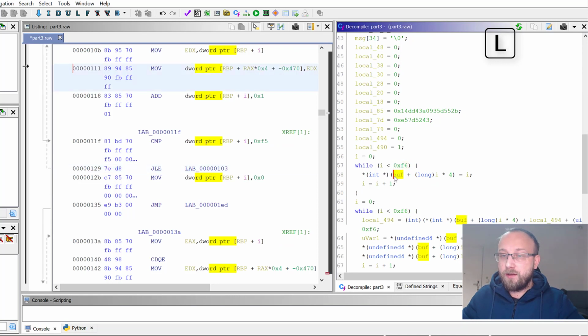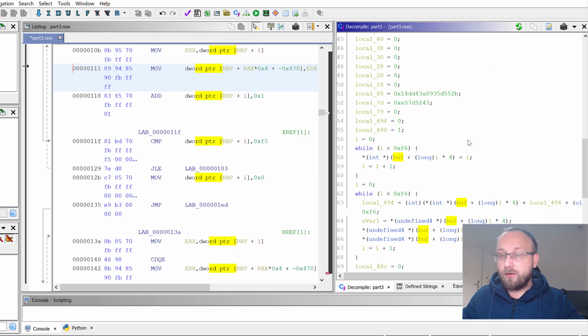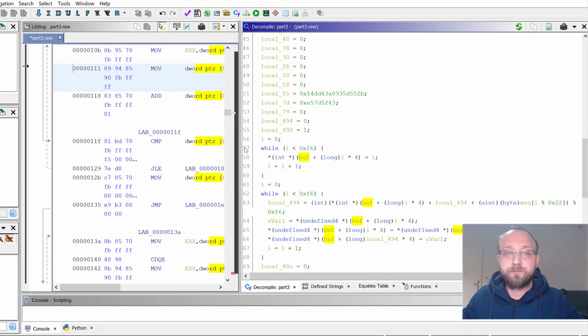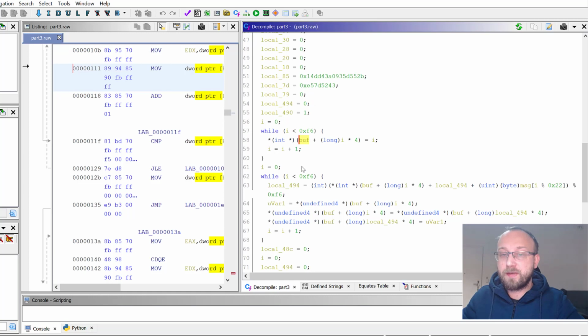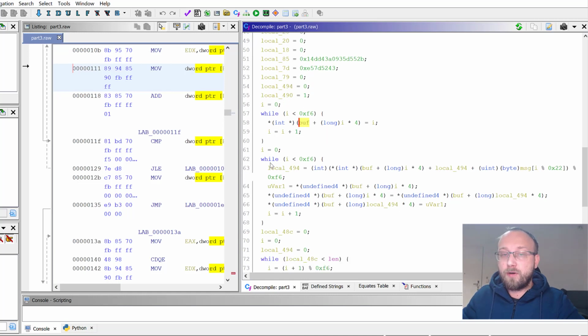And yeah, so we set a value I on the I element of the buffer, and that might already raise a flag if you've already seen a lot of encryption algorithms. But let's continue. So after this while, we have another while which also is to this f6 value, and then okay, we use the message of I